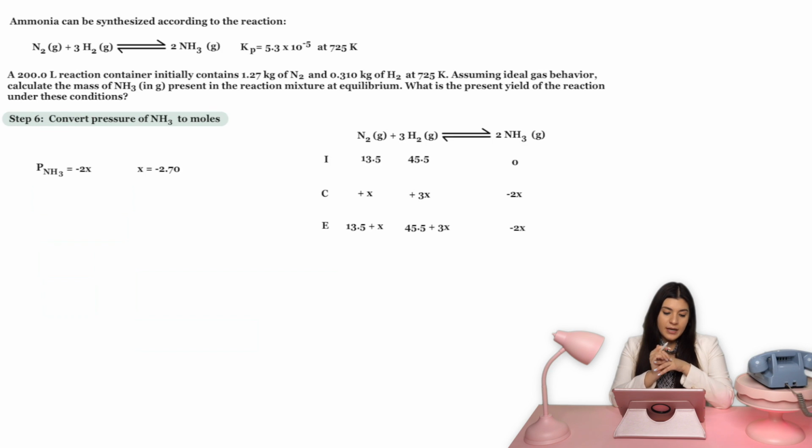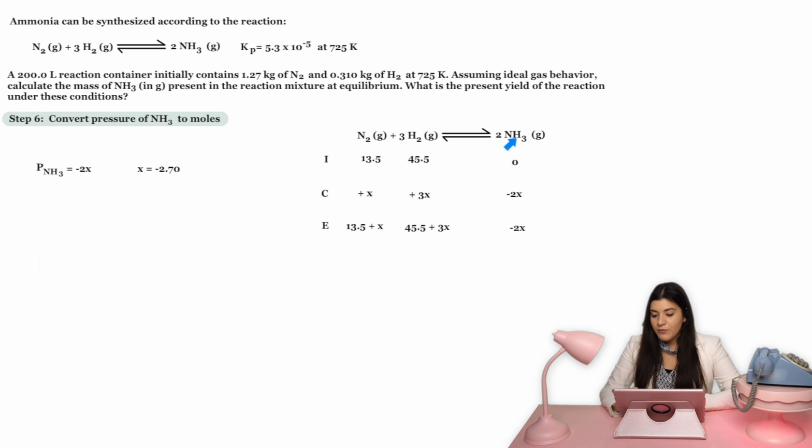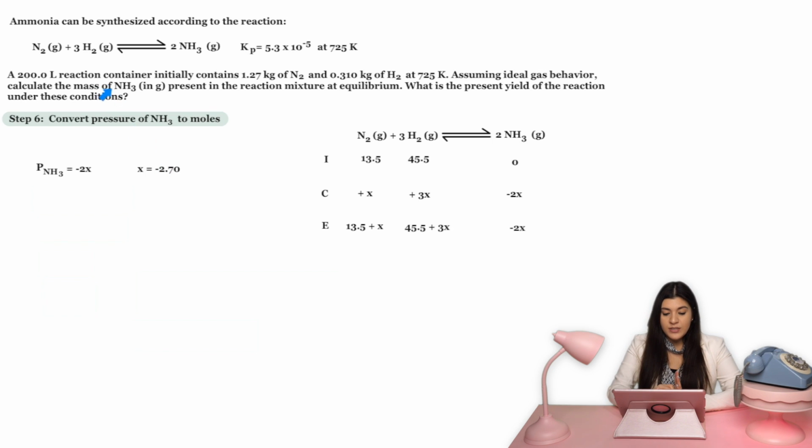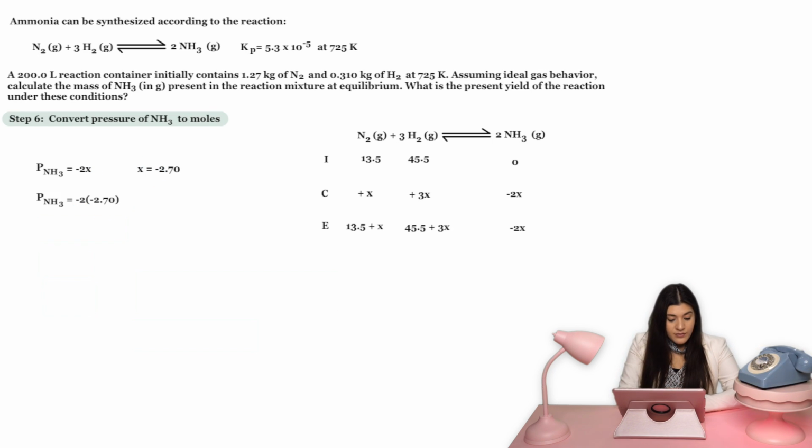What I'm gonna do now is I'm going to convert the pressure of NH3 to moles. So we found this x value just to be able to figure out the partial pressure of NH3 using our ICE table. So remember that we wanted this at equilibrium, right? That's what this question was asking. We wanted to figure out the grams of ammonia at equilibrium. So we know at equilibrium, that's going to be negative 2x for the partial pressure. I'll plug in what our x value is into this formula, multiply both of these values, and our partial pressure at equilibrium